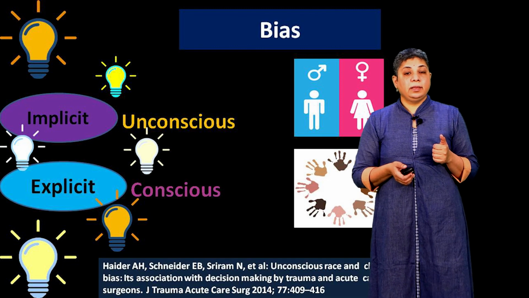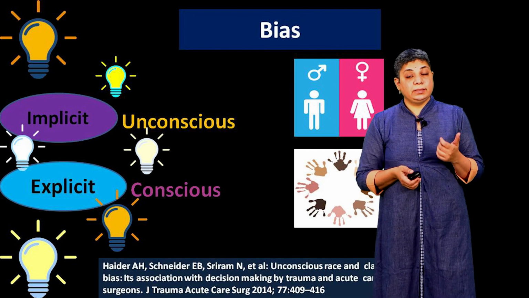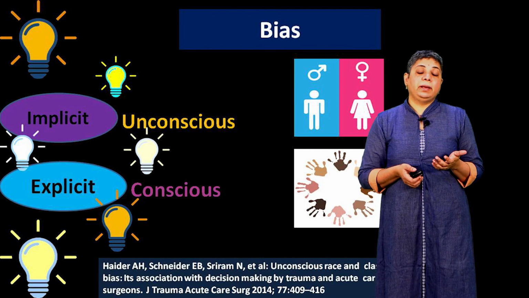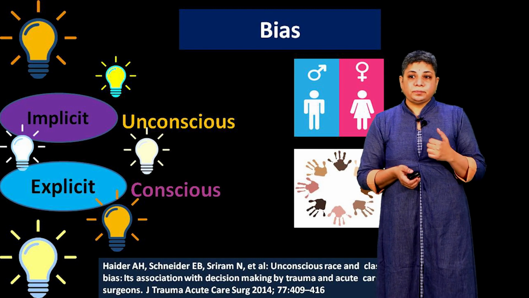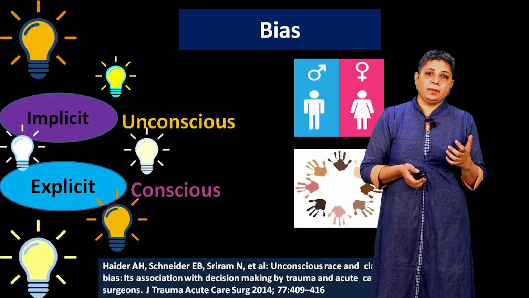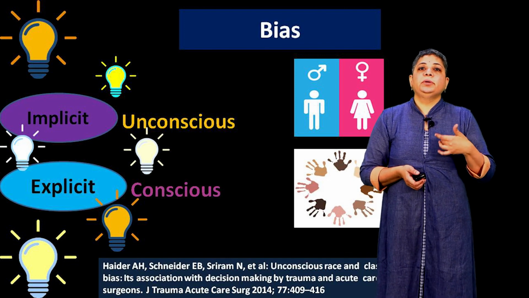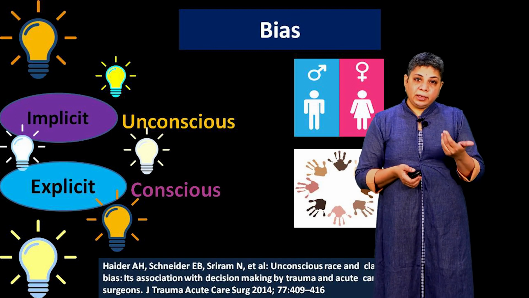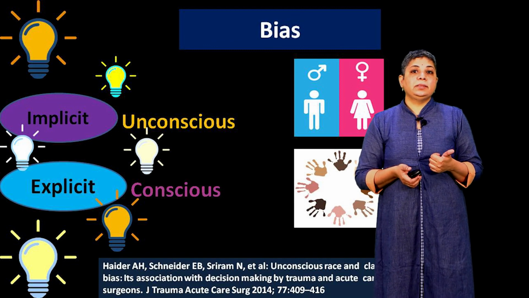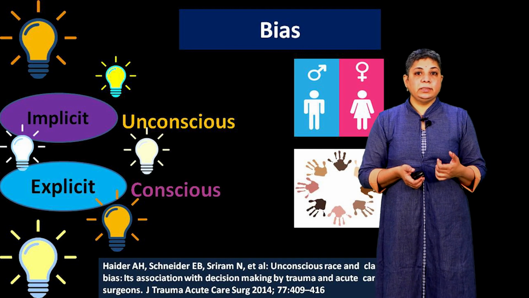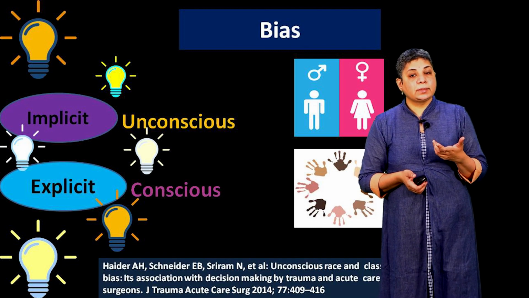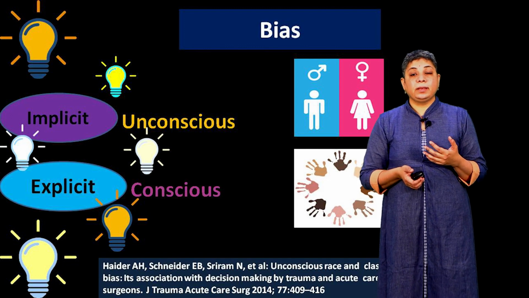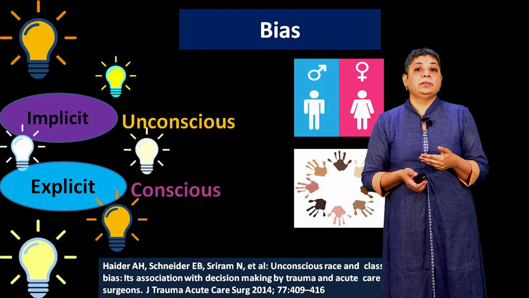Another important thing that we were talking about is bias. So what is this bias? Again, it can be a conscious bias or an unconscious bias. Unconscious bias is something where you don't know that you have that kind of bias. The person who is communicating or participating, who is a part of the conflict, doesn't even know that they have this kind of bias. But they have those biases. That is an implicit or an unconscious bias.